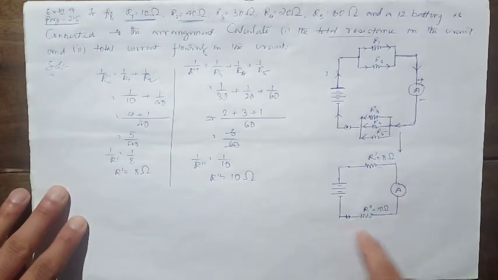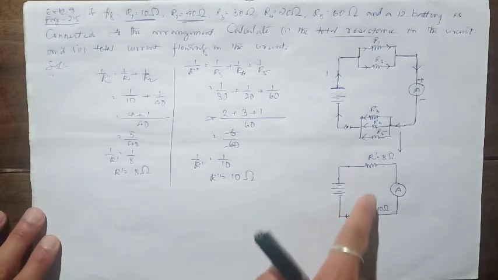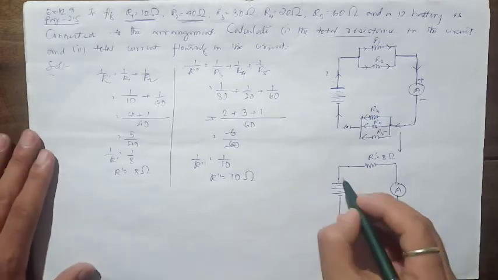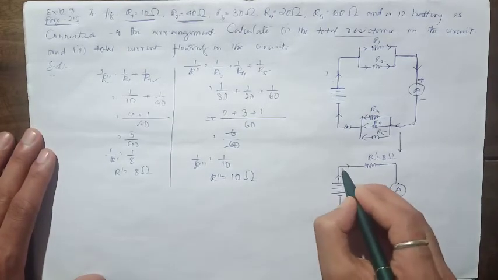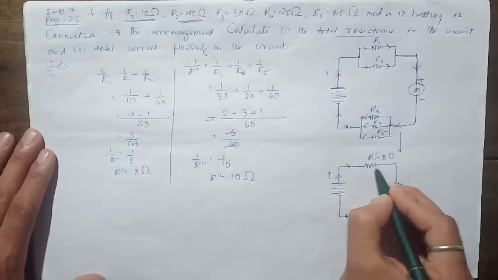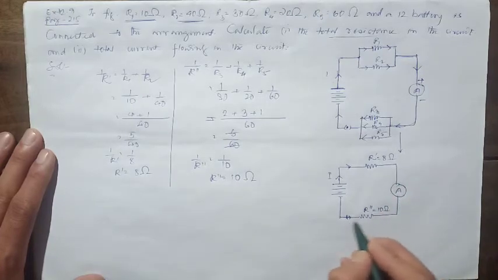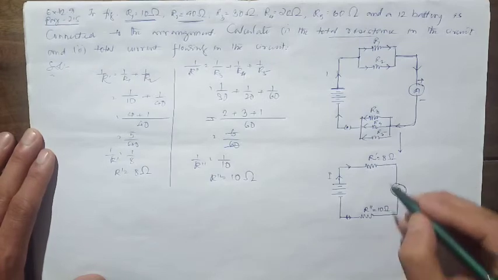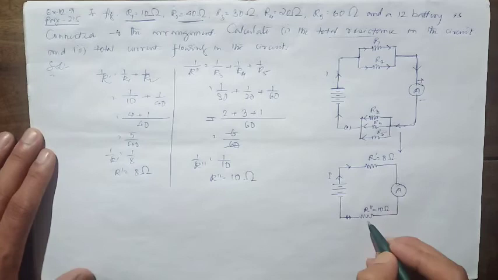Now to reduce this circuit into one single resistance, we have to find out how these two resistors are connected. Are they connected in series or in parallel? Now let's start with the battery's current. Suppose the battery has released current I. So current I is flowing through this resistor and current I also flows through this resistance. It means, students, the same amount of current is flowing through these two resistors. It means these two resistors are connected in series.